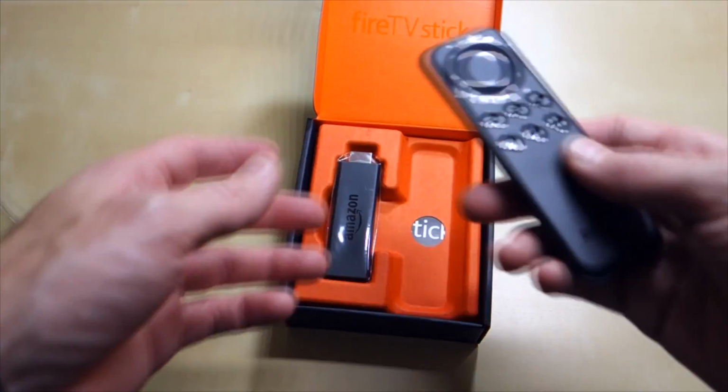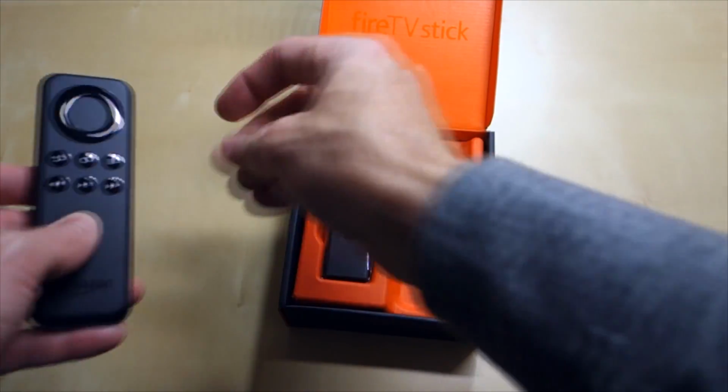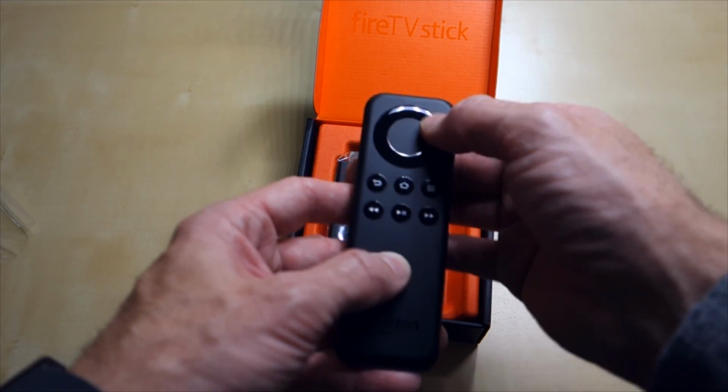Not a huge deal. I do have a package of them in the other room, but still, here we go. We've got the actual remote here. We'll just take a look at the buttons and everything. No clear buttons here at the top. It's just a circle, but you do have